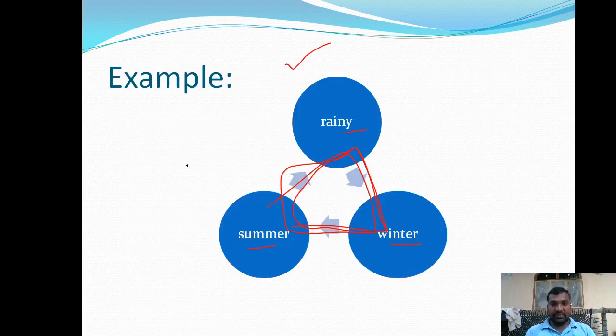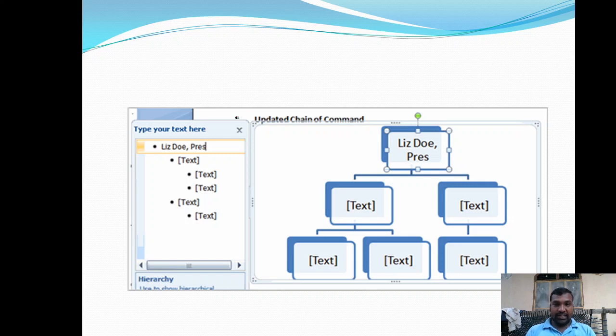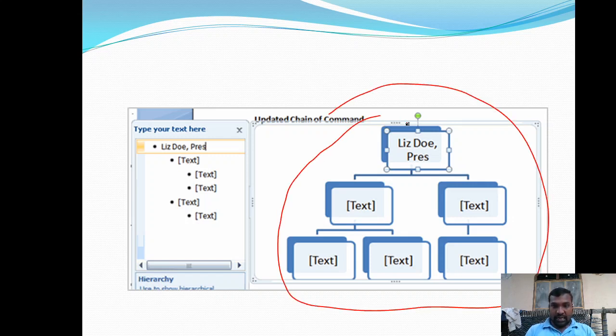While adding the text, so what is happening? So here, this is the hierarchical SmartArt diagram, and I am selecting this particular shape. You can view the selected portion, which is highlighted with some blue and green color, right? And a rectangular shape will appear with some dots, circles and small rectangles, squares.